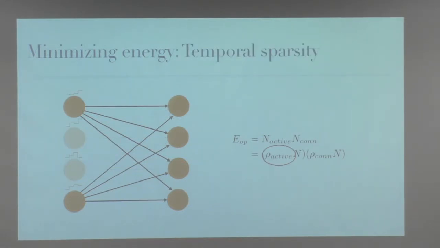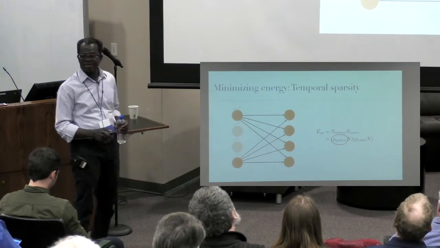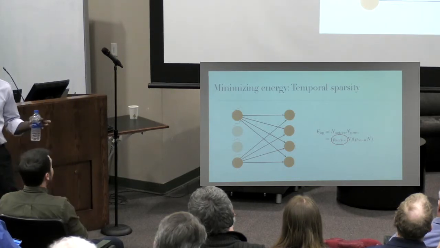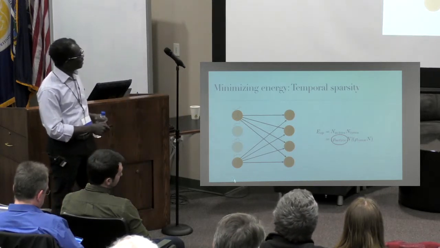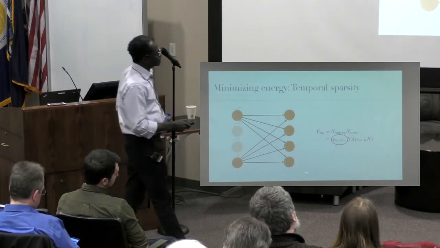And so this p-active part is what you would call temporal sparsity, where if you're in discrete time steps and quantized digital levels, your activity on these units looks like this. And these two guys are at 0, so they are not active. And you don't need to update those connections. But most of the time you do, because you're hardwired in a crossbar, or you've got a full TPU with 256 by 256 multiply accumulates. It does it anyway. But you could design your architecture to take advantage of that.